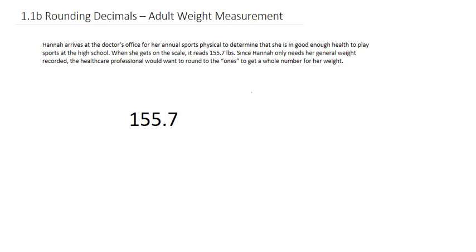Rounding decimals, adult weight measurement. Hannah arrives at the doctor's office for her annual sports physical to determine that she is in good enough health to play sports at the high school. When she gets on a scale, it reads